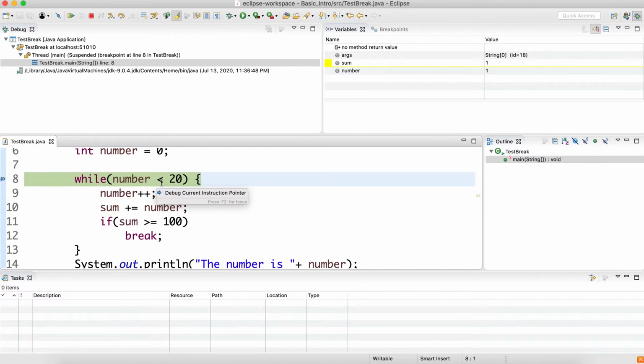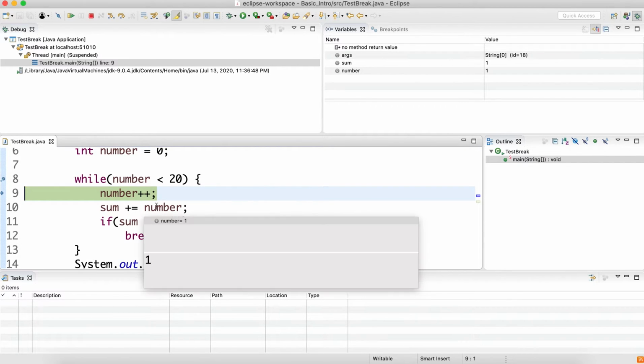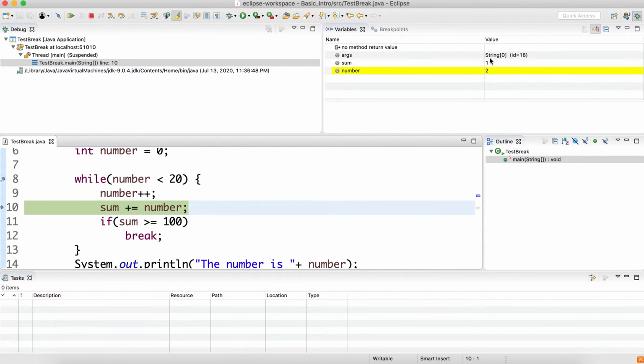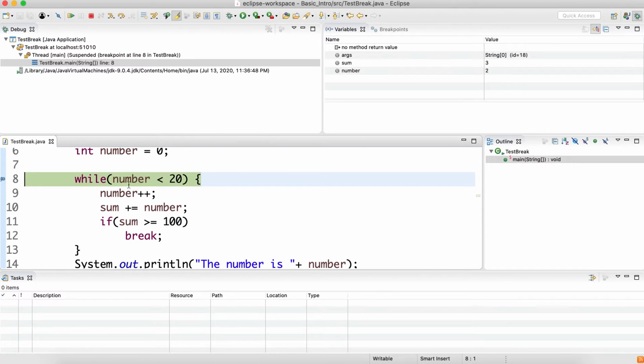That means we are again comparing whether the value of number, which is 1 now, is less than 20 or not, which is true. So we step into, and then the next line, number++, so number becomes 2, which will be accumulated here, and sum becomes 3. So again comparing if sum is greater than or equal to 100, which is false, so we go to the comparison again. So 2 less than 20, which is true.